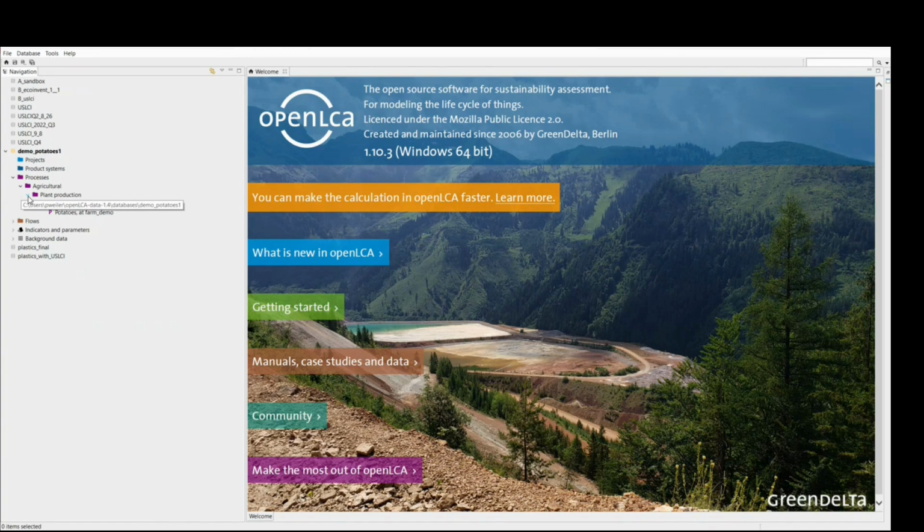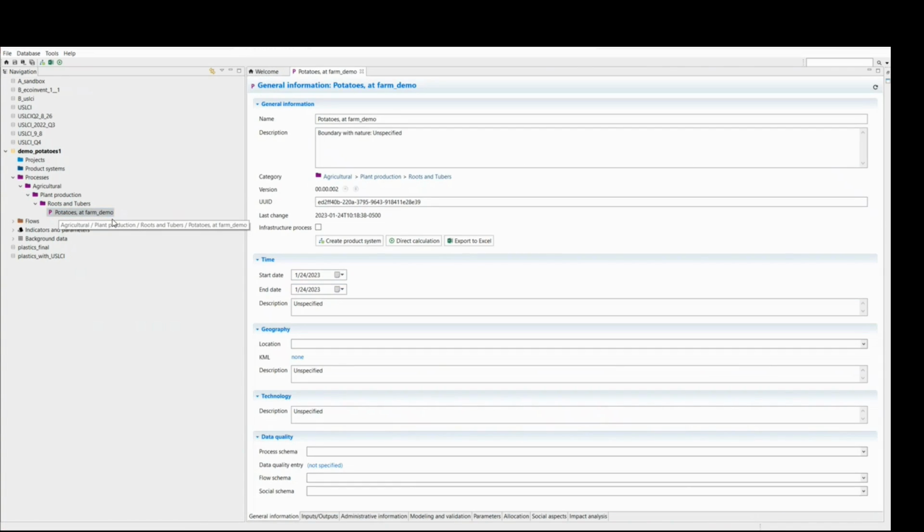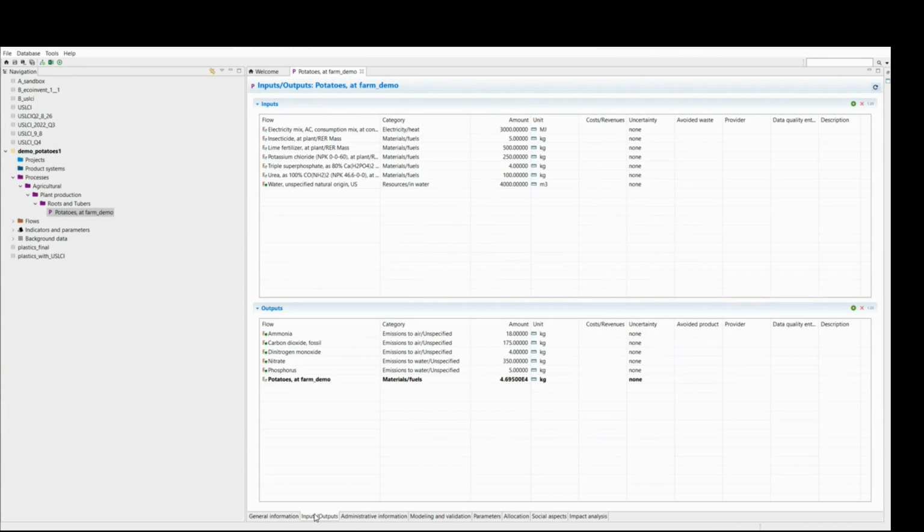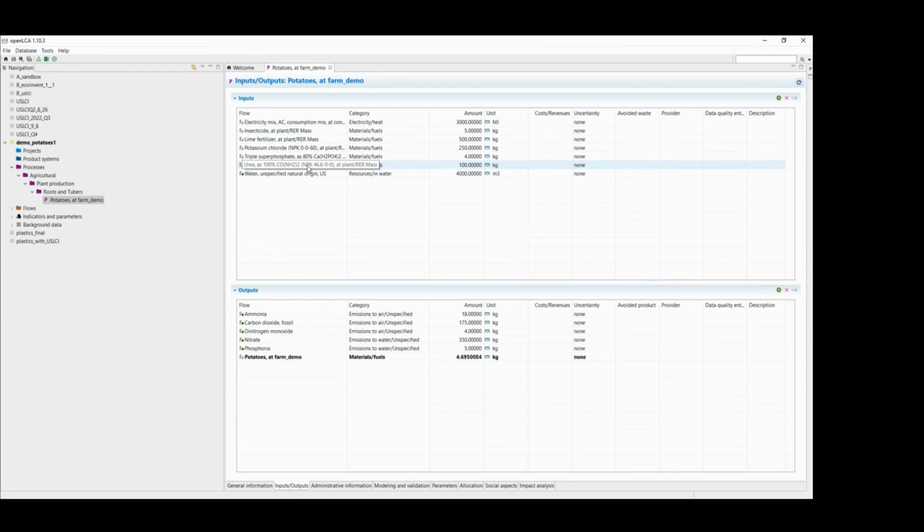So to start out with, we can see that this file format is not NAICS compatible, so we will have to align that eventually. But for now, I will go take a look at our data set. So there's no metadata, which we'll have to work on. In our inputs and outputs, we can see that these are not currently USLCI aligned. You can see we have a mix of Technosphere flows, some farm inputs, some electricity for irrigation. We also have some water for irrigation, and then some elementary flows coming out of the system as emissions, either to air or water. And then we also have our product of potatoes.